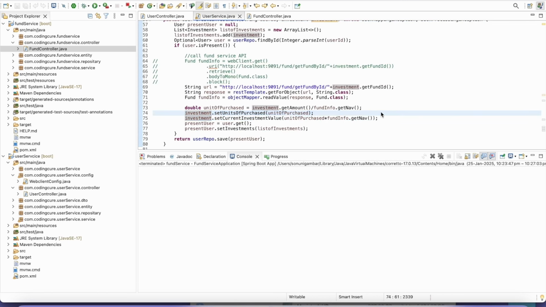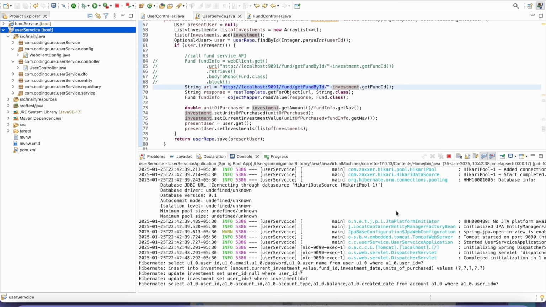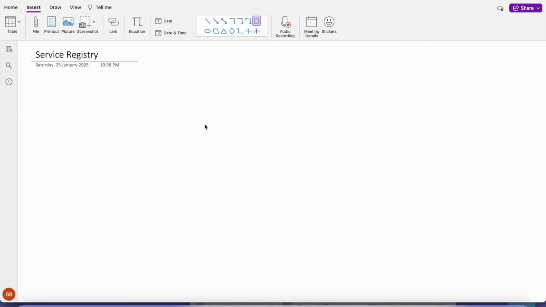This is how we call one service from another service. But the thing is, here I hard coded the URI. Then what is the problem if I do the hard coding? The first problem is, suppose this is my